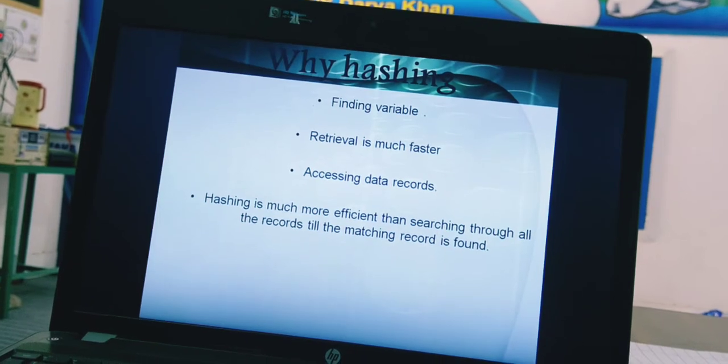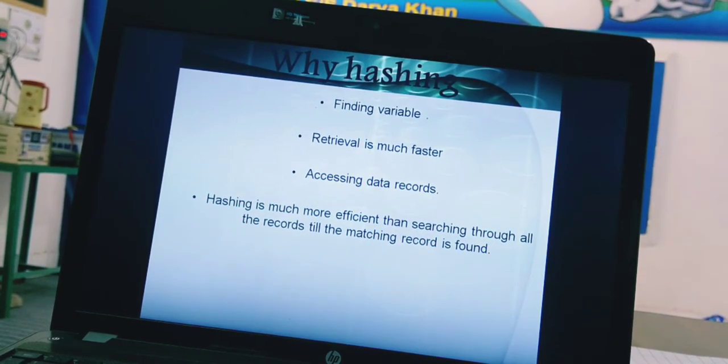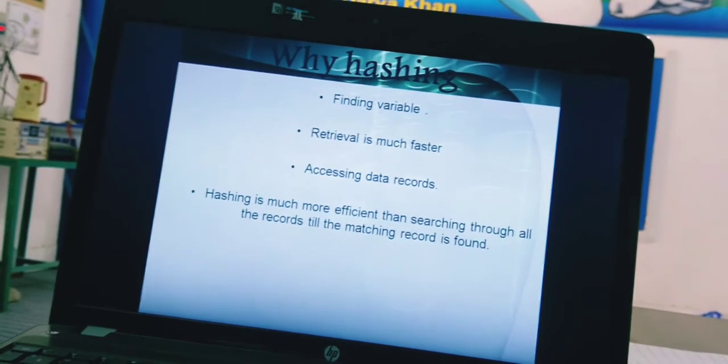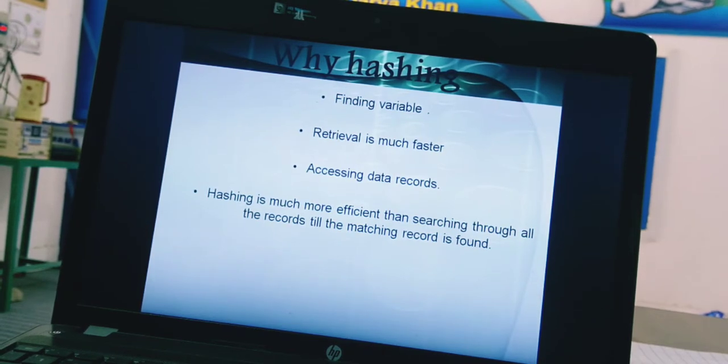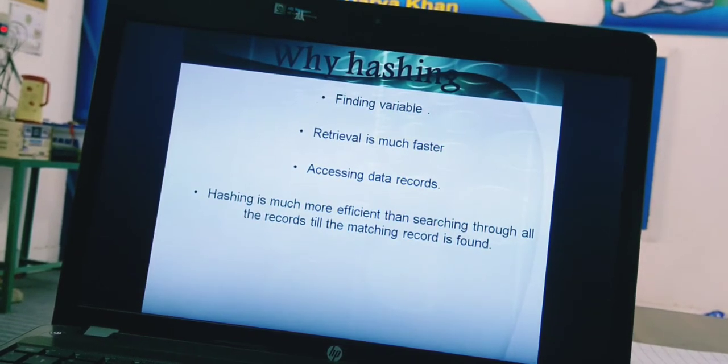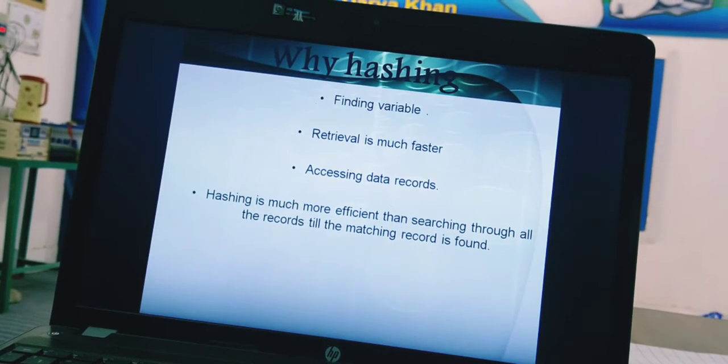Hashes are designed so that you may find a variable without knowing its location. In hash mapping, retrieval is much faster compared to other searching algorithms. Hashing is also a common method of accessing data records, because, as we already discussed, it makes search results quicker by dividing the actual big value into small values.